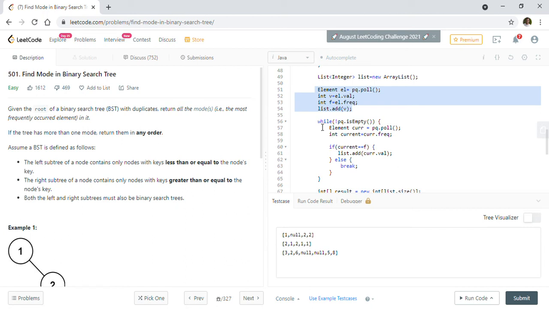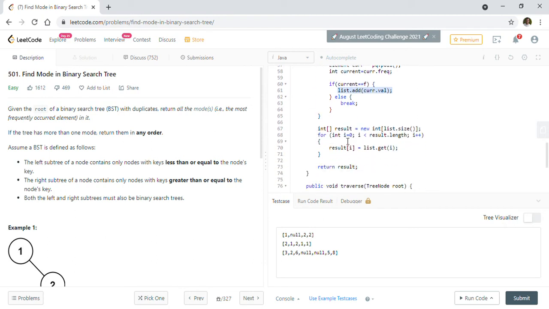That's what this while loop is doing. So we will loop through the priority queue and get the elements. As long as their frequency is the same as our first element, which is the highest, we will keep adding that element into the list. Otherwise we will just break out of the loop. And here I'm just converting the list into an array and returning the array.